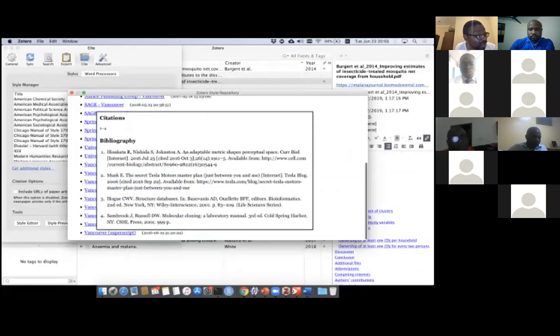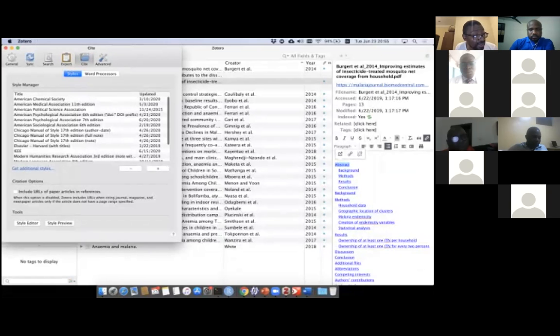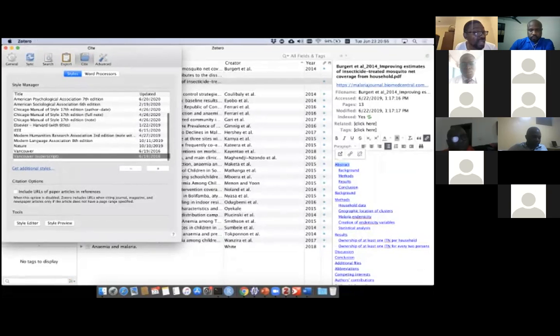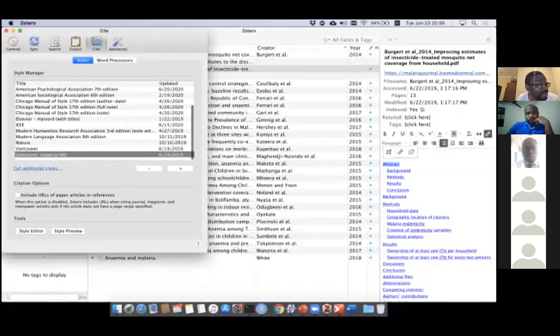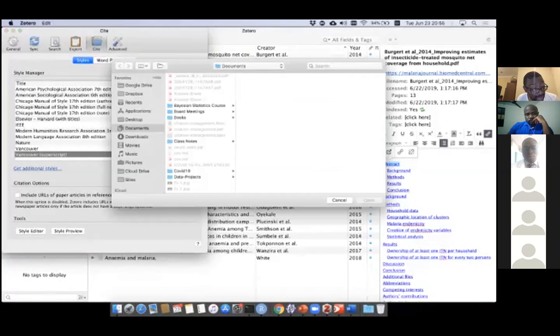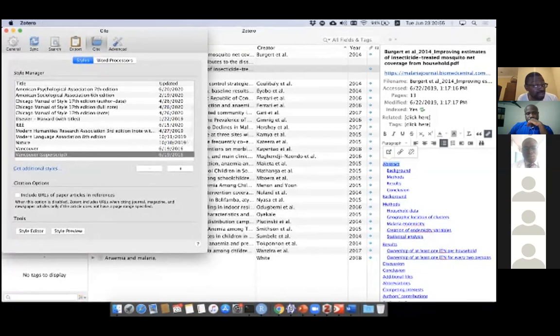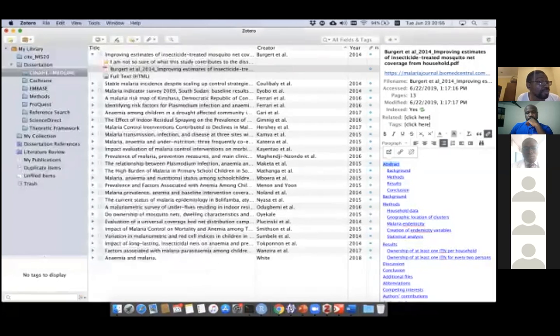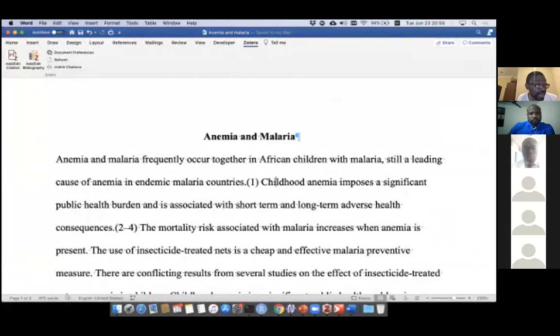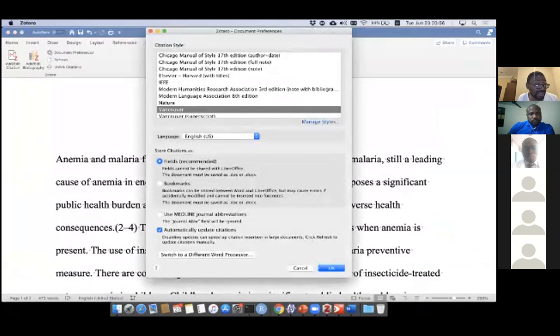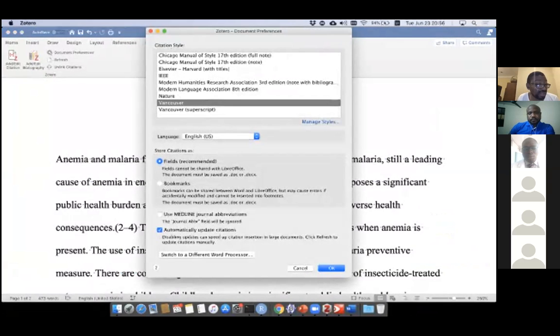So it's downloaded it. That's if you're adding it manually. It's there now. So all I need to do now is exit from this, and I go back to my Word document. We're back in my Word document, isn't it? Okay, so you go to document preferences. Can you see the Vancouver superscript we downloaded is showing there now? So if I select that and I click OK,